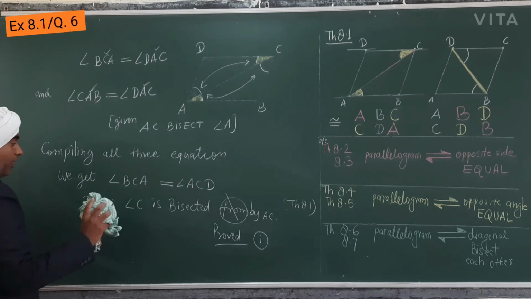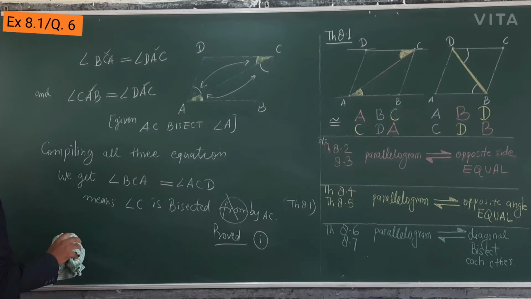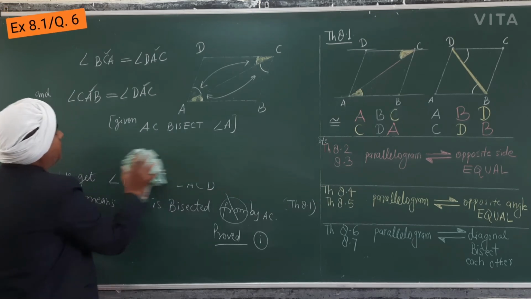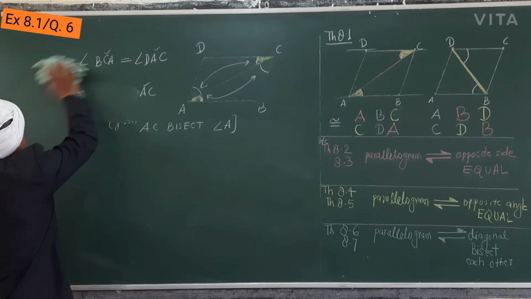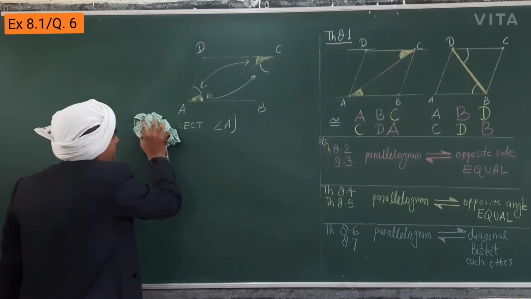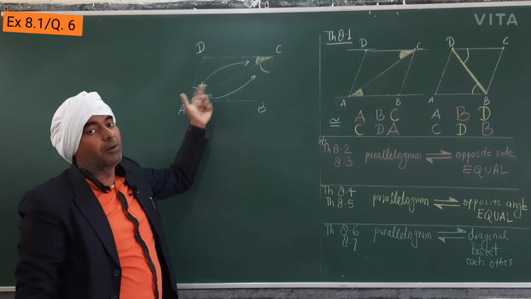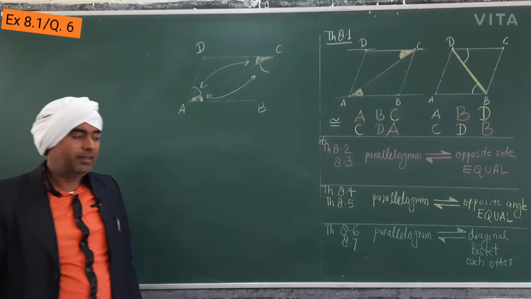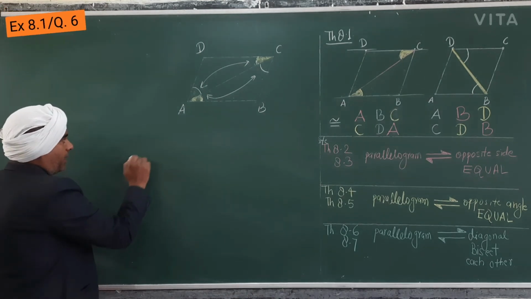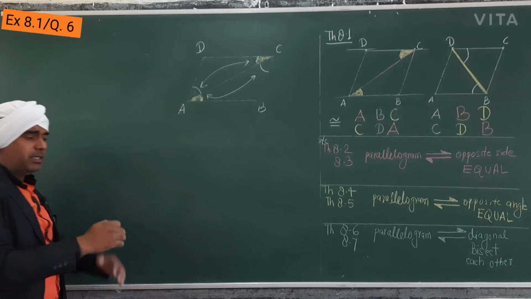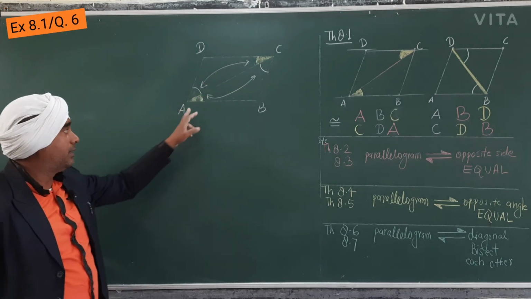So that is why you have to prove first of all angle C is bisected. First step. Actually the whole question was, if AC bisects angle A, prove it is a rhombus. Means in rhombus it will happen. This was the question. The second part was the question. But the first part, diagonals bisect also, it was just for your help. Means this is the technique. First you will prove it, then you can prove that ABCD is a rhombus.